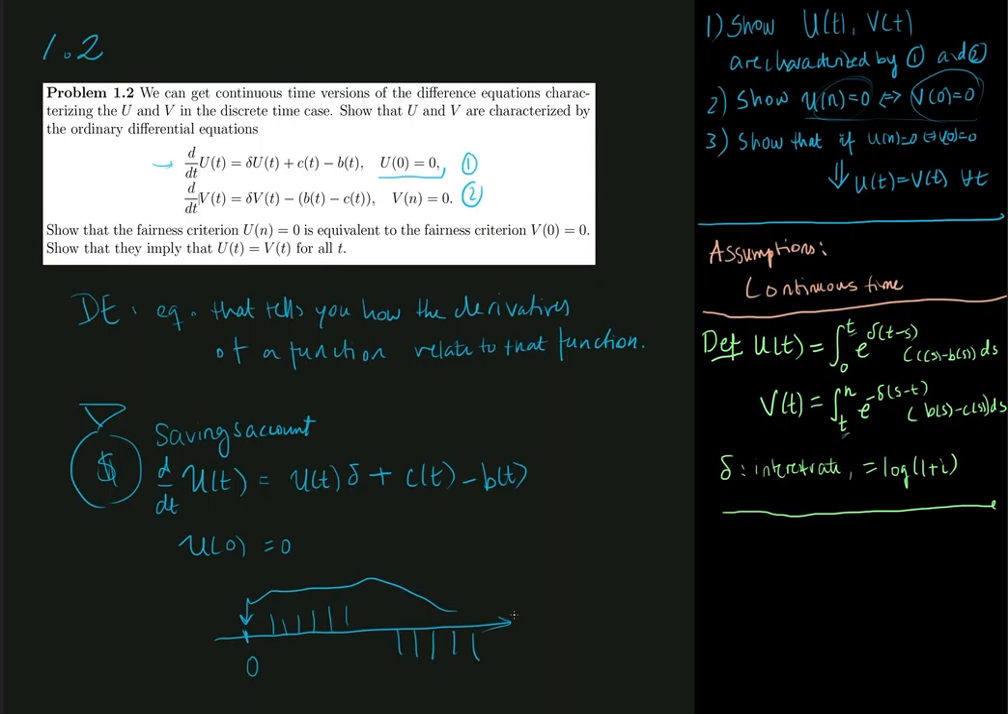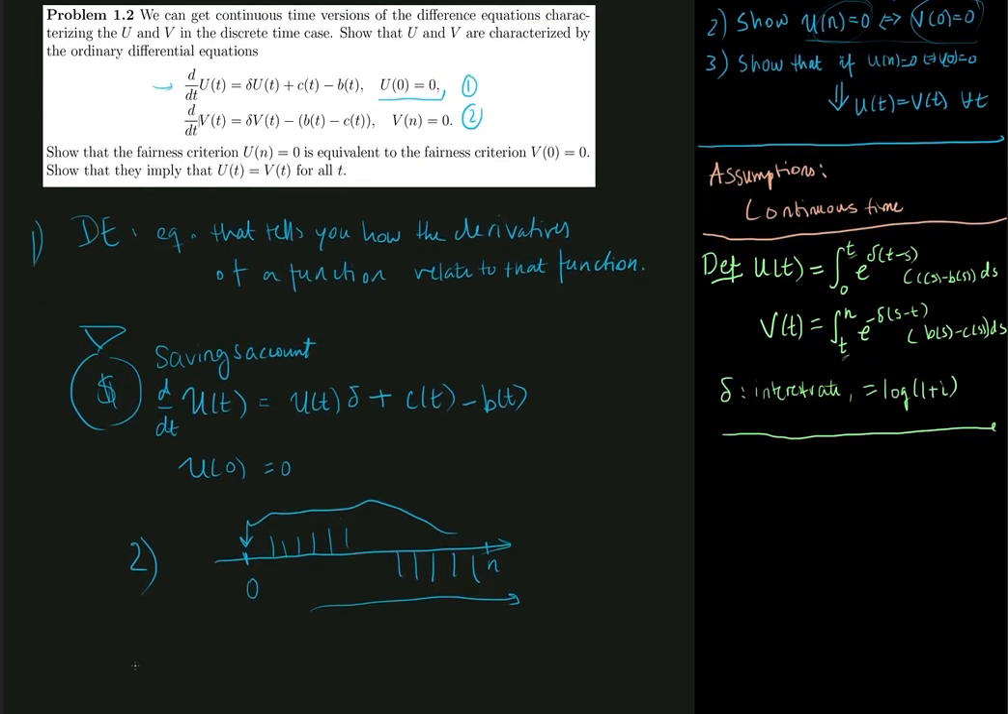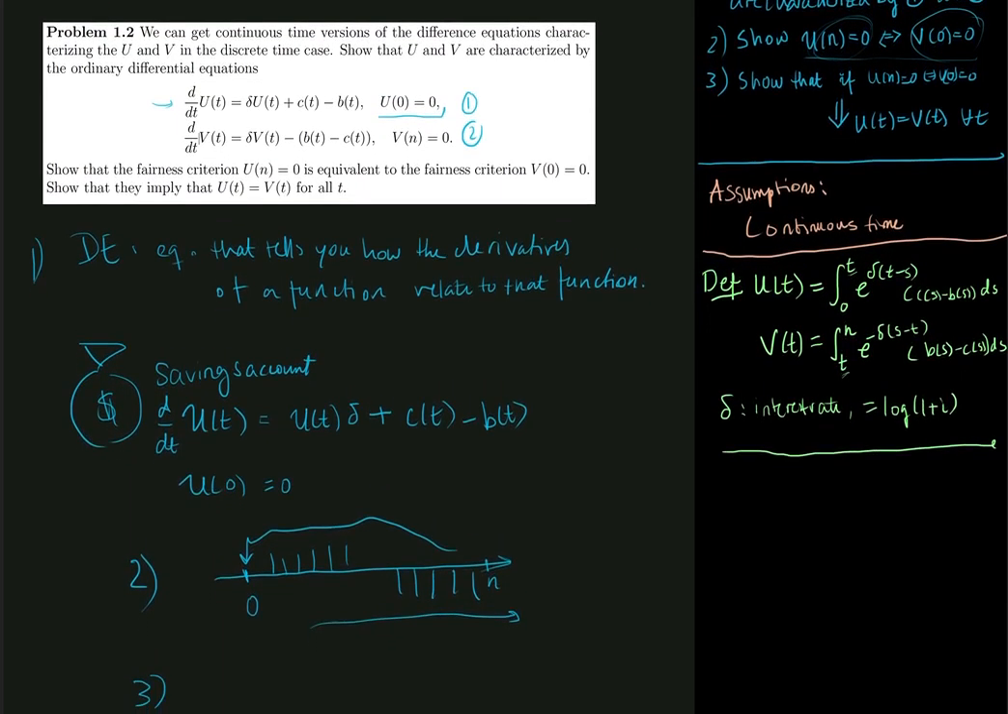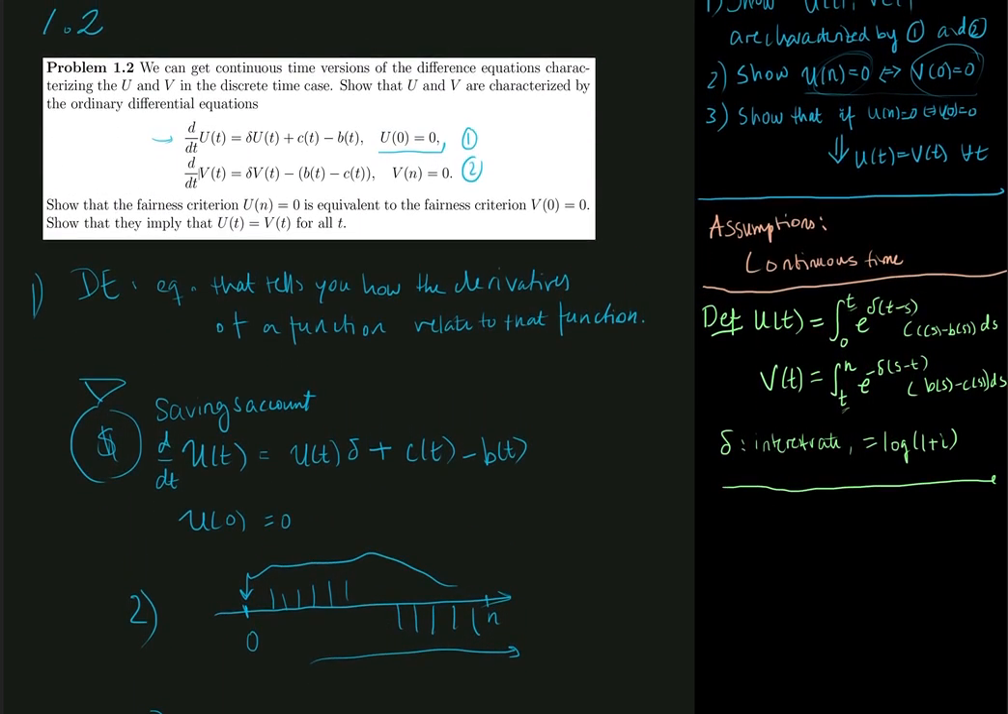It would be kind of weird if they even out when we accumulate going in this direction towards n, but when we discount the things, they don't even out. So this seems like something that's quite fair to try to show. And yeah, so let's look at number 3. Number 3 tells us that if the fairness criterion is satisfied, so if either u of n is 0 or v of 0 is 0, then we